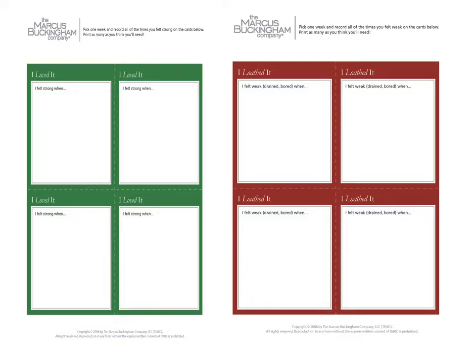So in his book, Go Put Your Strengths to Work, what you do is you use these cards here that I have on a screen. For 1 week of your work, you look for things that you love and things that you loathe. And so as soon as something you love or you feel strong in, you write down, I felt strong when, and you just briefly describe what it was that made you feel loved, why you loved it, why it made you feel strong. And you also write down the things that you hated or loathed. I felt weak, drained, or bored when I did that. And you briefly describe those things.